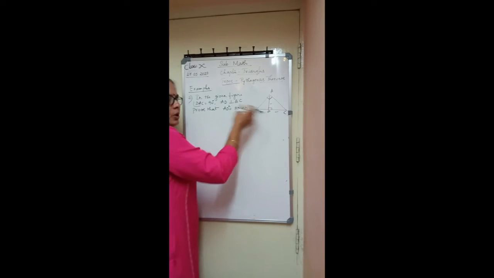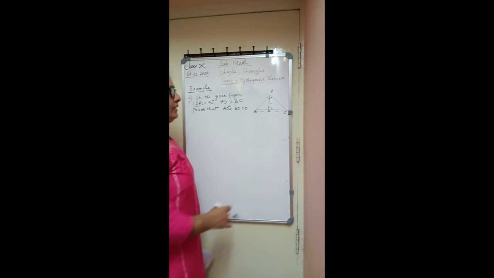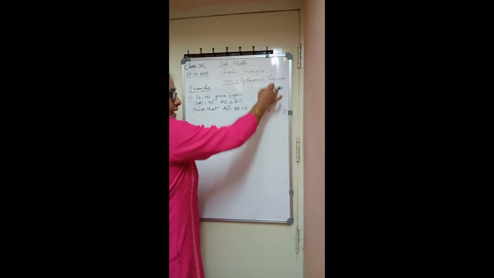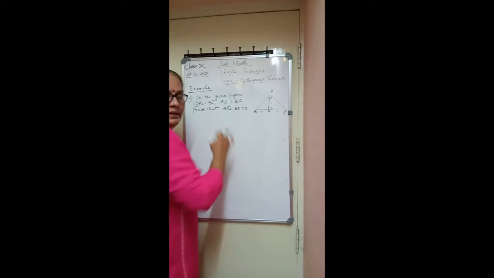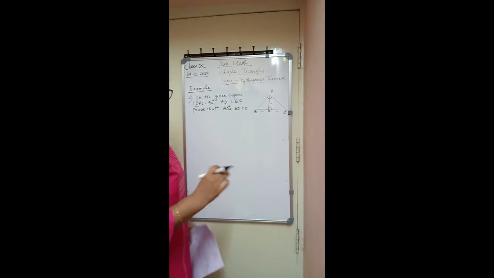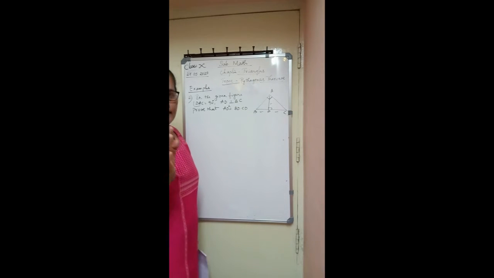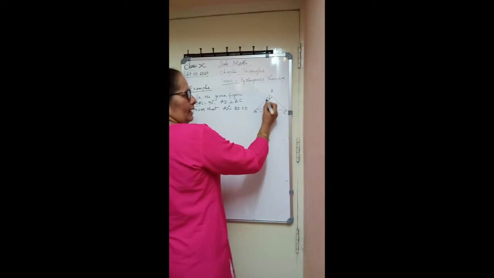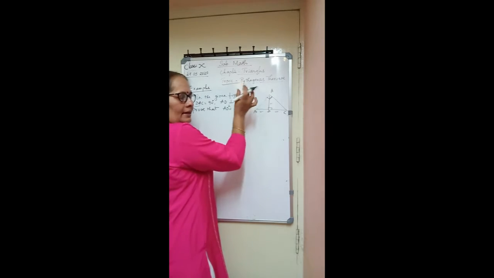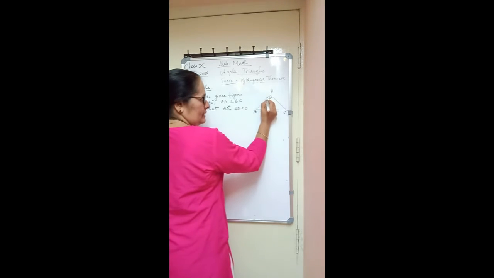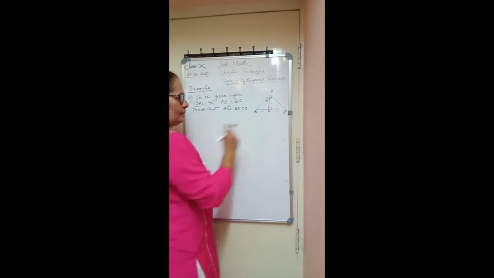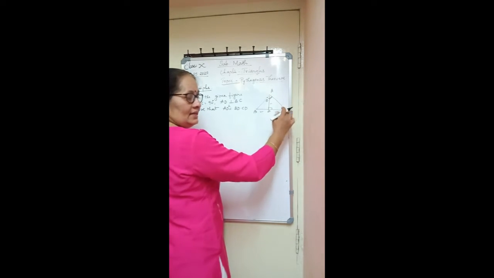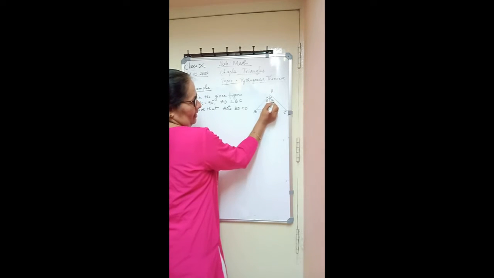Now here angles are not given. Only one angle we know, that is angle A of ABC equals angle D of ADC or ADB. These are 90 degrees. Then to identify the angles there is a very easy method. See here, angle A is 90 degrees. In this, take this angle BAD as theta. Then what is DAC? That will be 90 minus theta.